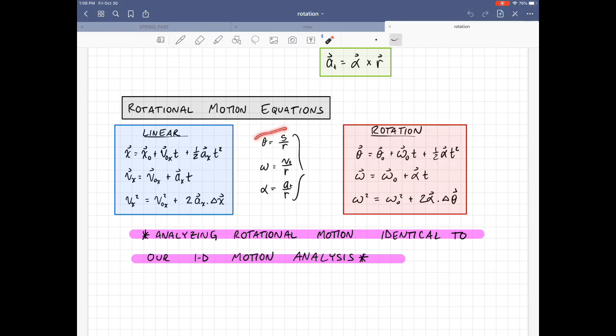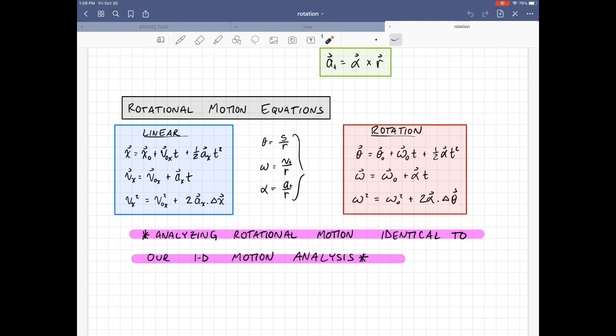All we need to do is make the transition from x to theta, v to omega, a to alpha, and then we get these three kinematic equations that now describe objects that are undergoing angular motion or